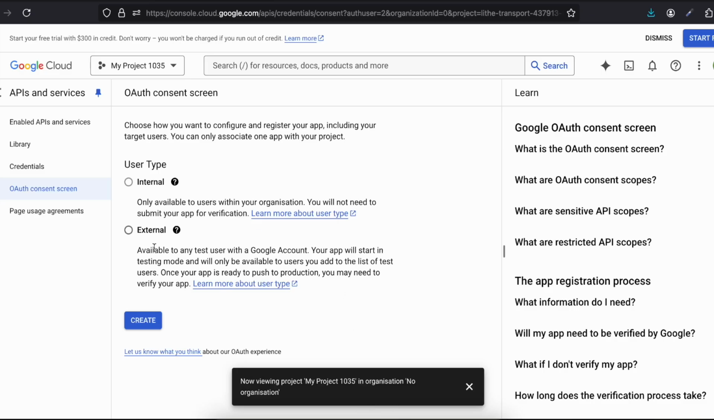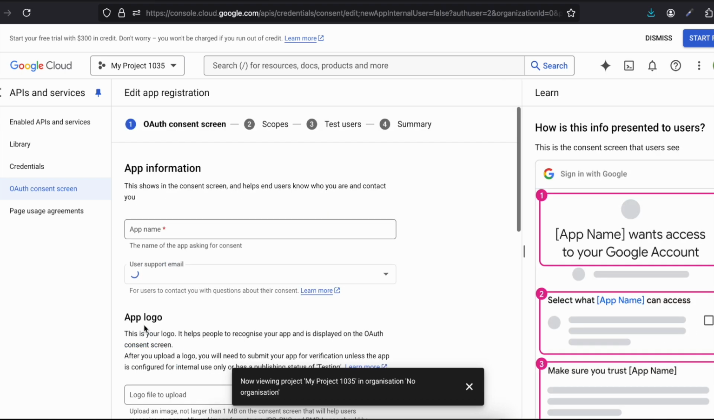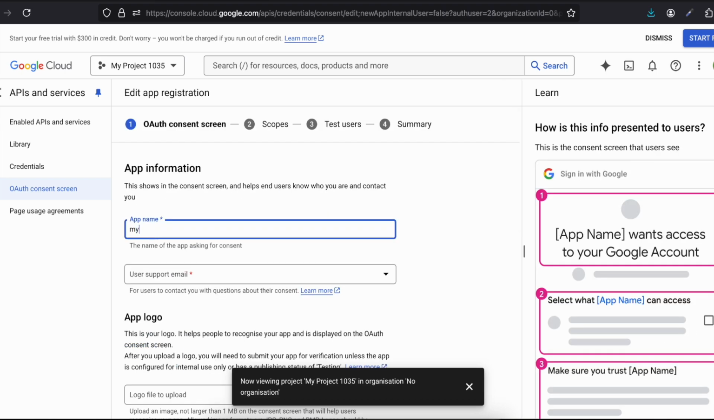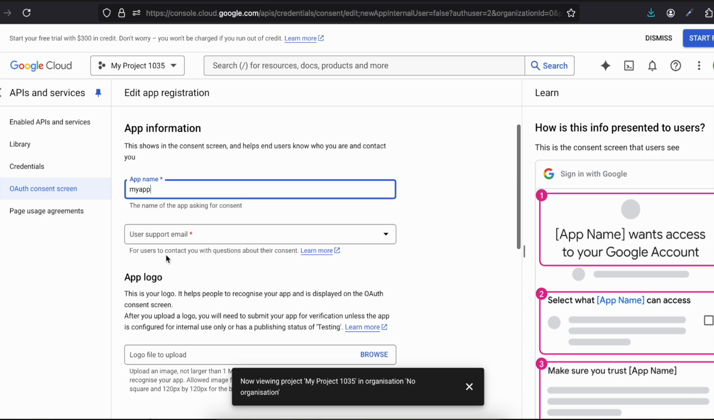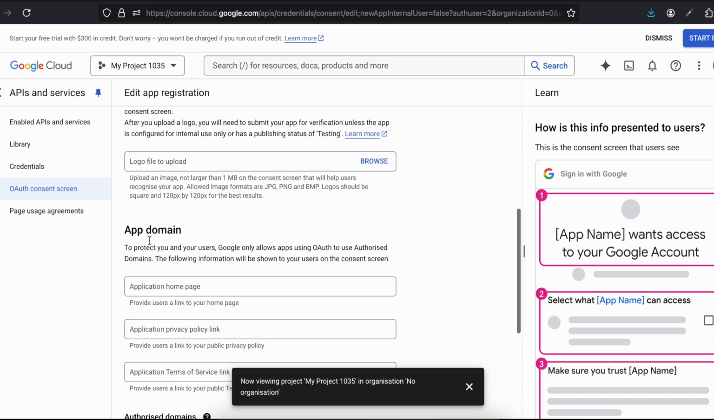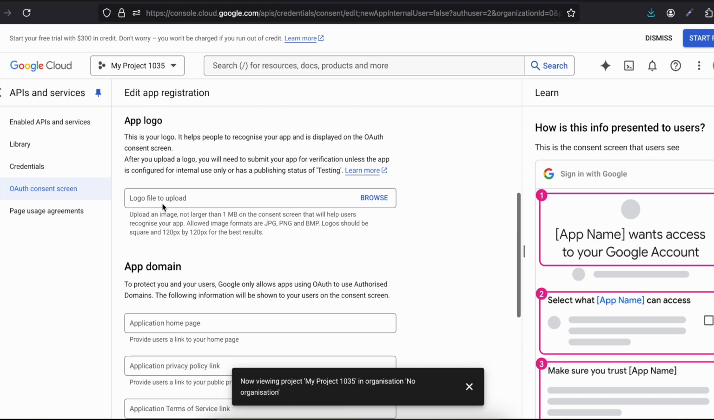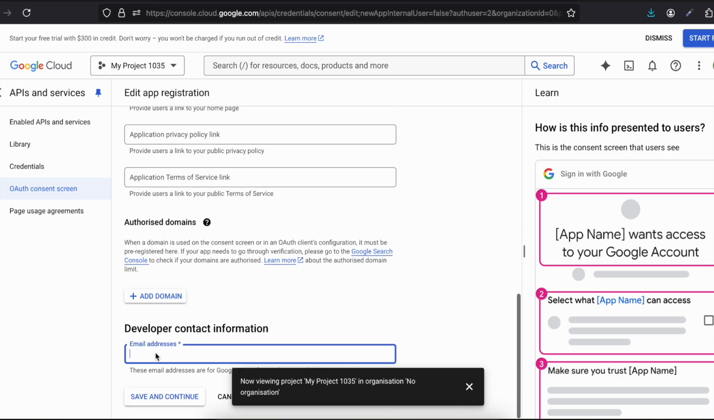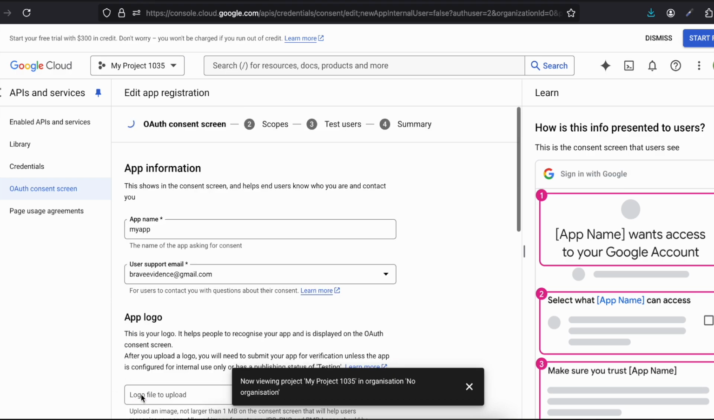by heart. Then I will just click on external, click create, and here I can give my app whatever name I feel like, and I will select my email ID. If you are publishing your app, make sure you upload your app logo as well, I mean if you are publishing it to Google Play Store. And here again I will enter my email ID. So yeah, I'll click on save and continue,